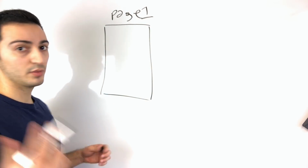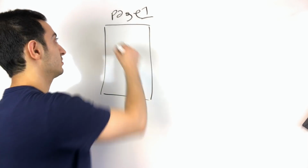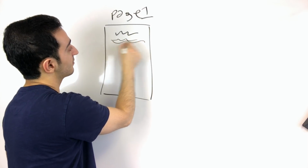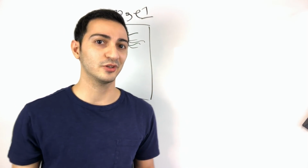So this is going to be page one. This is where you give information and get them to engage with your content. So there's going to be a headline, and you're going to have a paragraph here. Now this doesn't have to be too long. Don't make it too long. You don't want people to